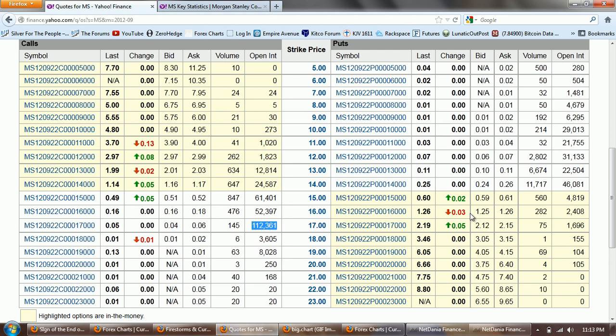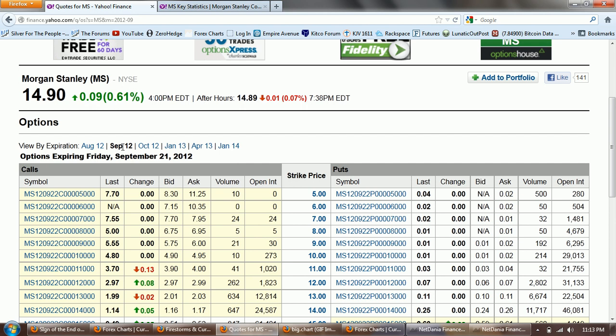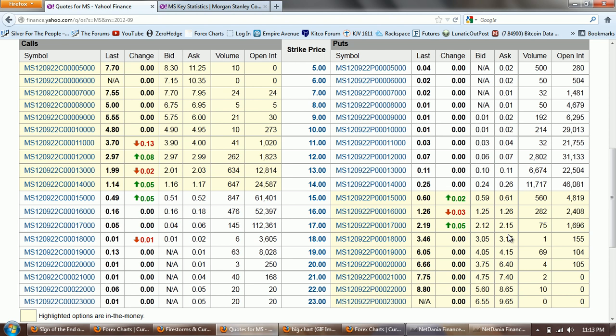Now, on the other side, when we take a look at the put options, we don't have nearly as large an open interest, but you can see that apparently either Jim Willie is onto something, or a lot of people just happen to be trading, and it's a big coincidence. But if you look at it here, you can see the volume. Now this is the nearest month out, so these are the September 2012 options. They expire the 21st of September. So this is forecasting some very serious fireworks apparently in the near future.